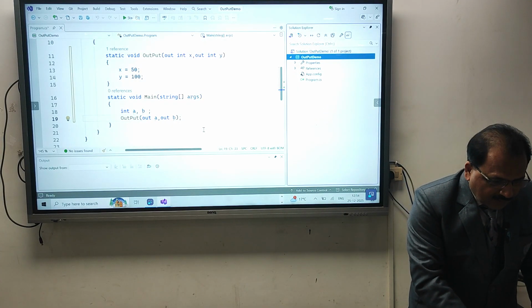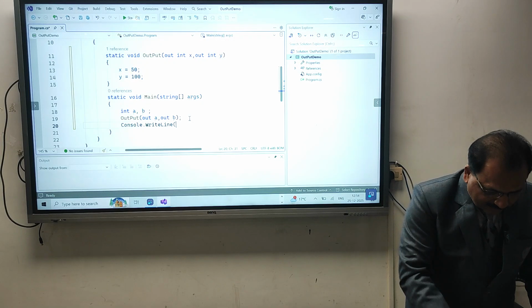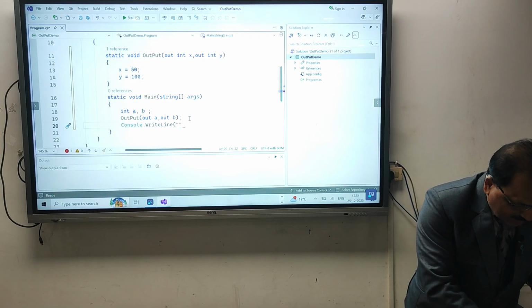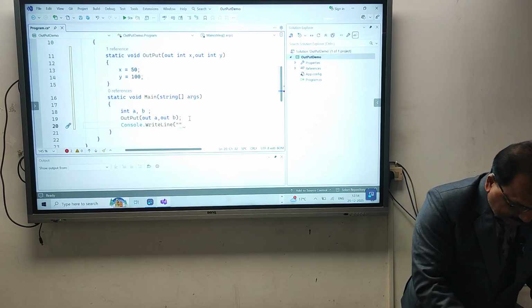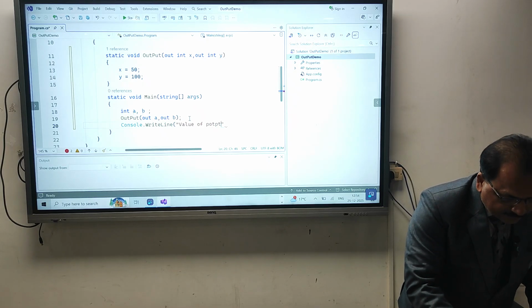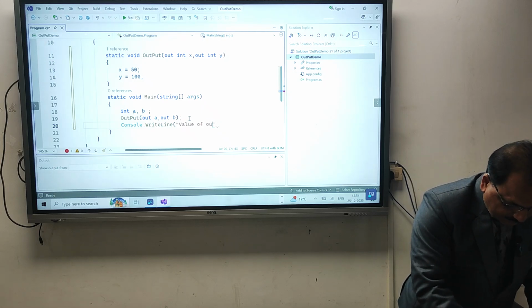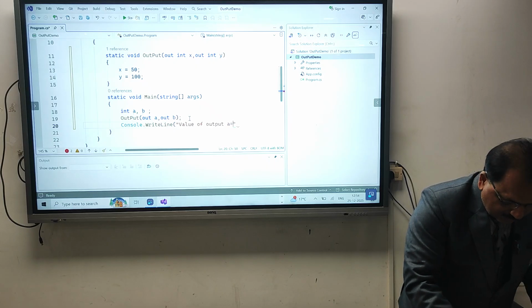Once this is done, we can verify using Console.WriteLine, and here we can have a customized message: the value of output a equal to the value which I want to display.